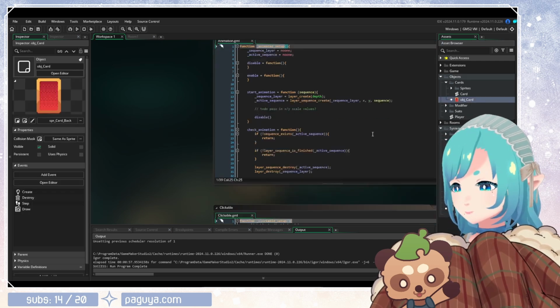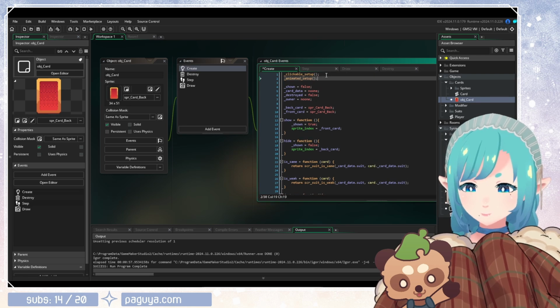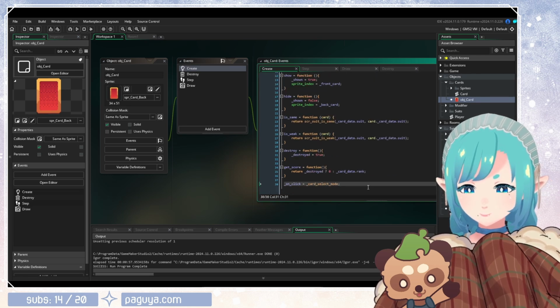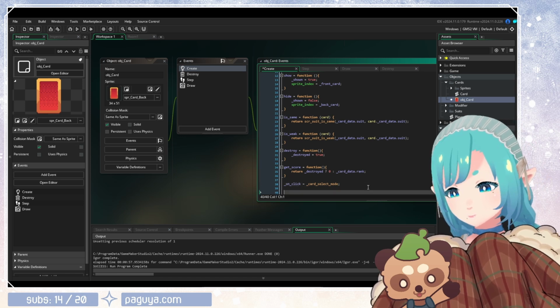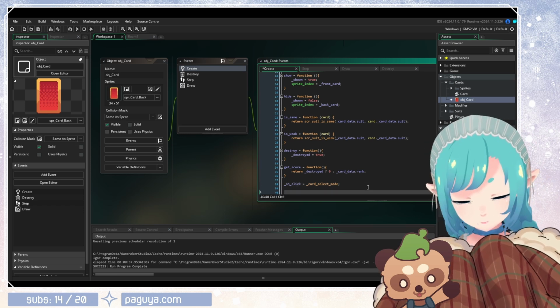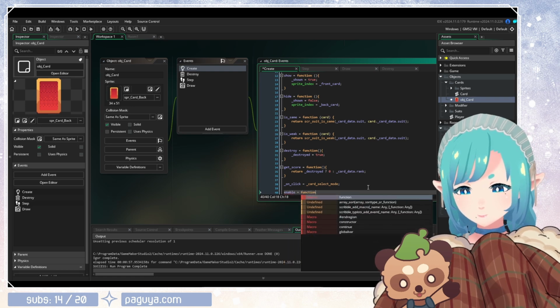Where's my card? Clickable setup, animated setup. So what we'll do is enable equal to